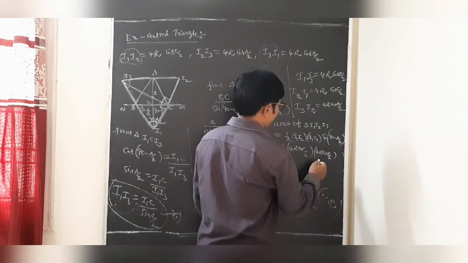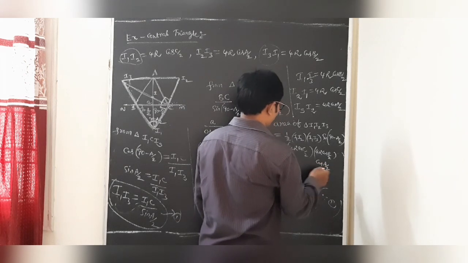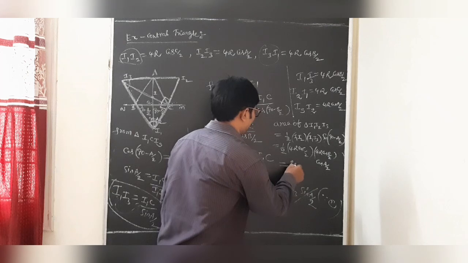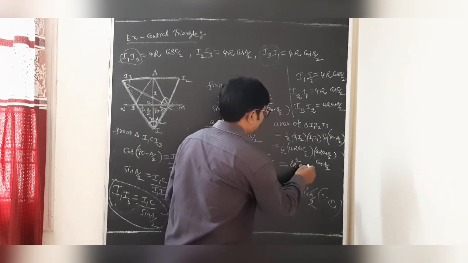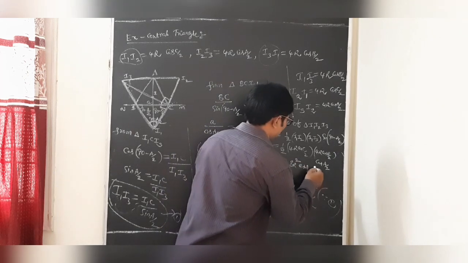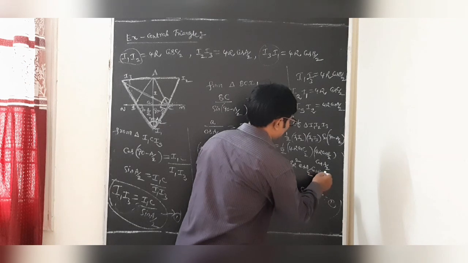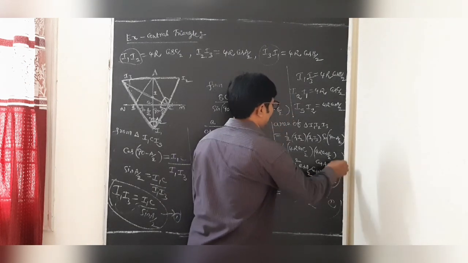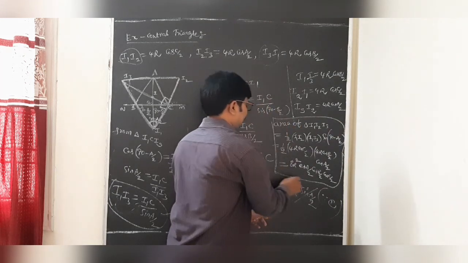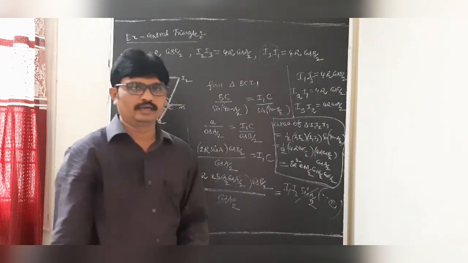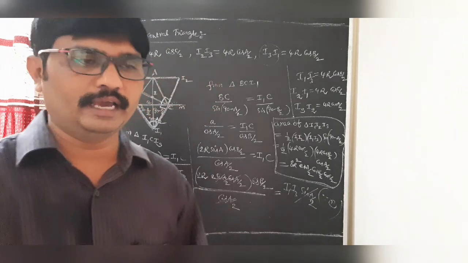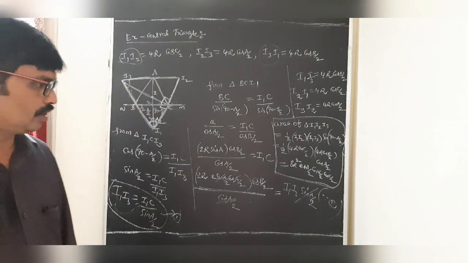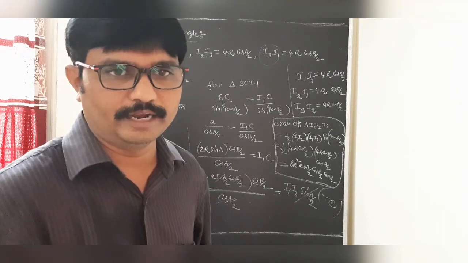This is sin 90 minus theta equals cos theta, so cos of A by 2. 16R square by 2 is 8R square. 8R square cos of A by 2, cos B by 2, cos C by 2 is the area of the excentral triangle. That is, the area of the triangle I1, I2, I3 is 8R square cos A by 2 into cos B by 2 into cos C by 2.